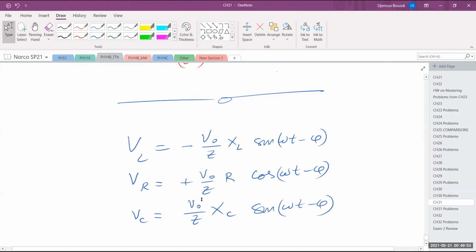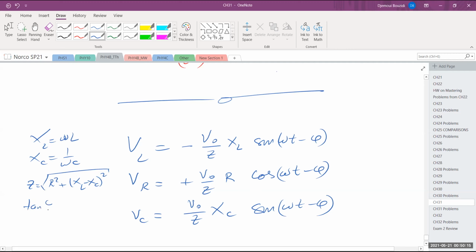And don't forget the values of XL. XL is simply omega L. XC is simply 1 over omega C. And Z is the square root of R squared plus (XL minus XC) squared. And the tangent of phi is equal to